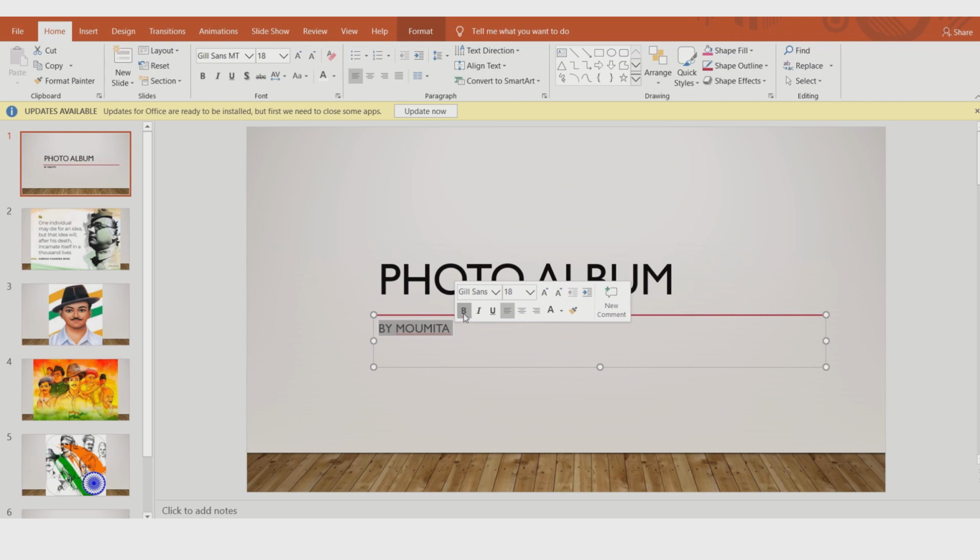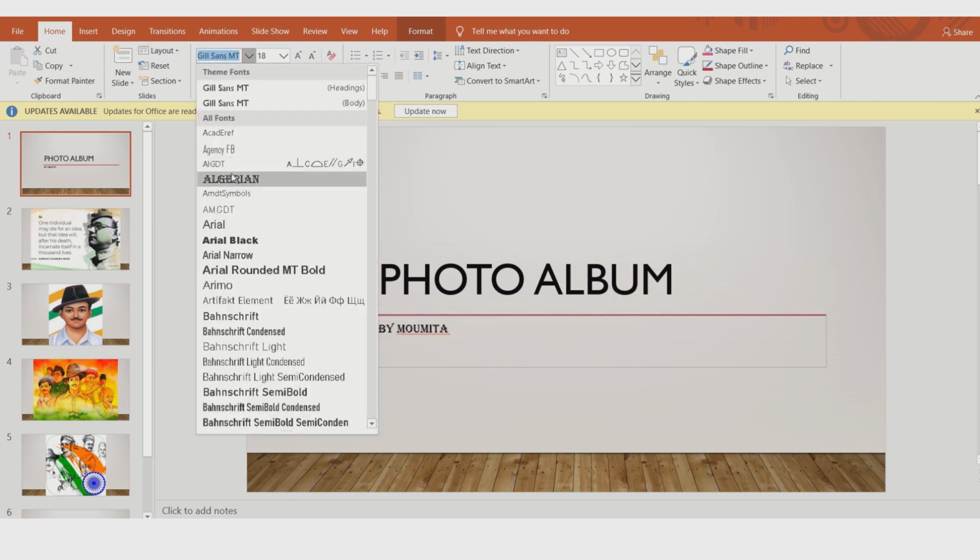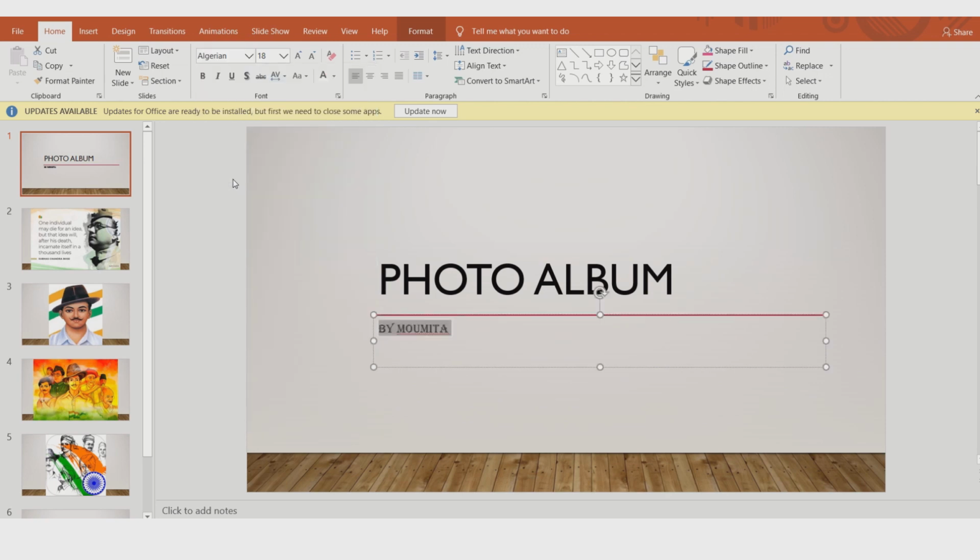And you can change the appearance also. Suppose I am choosing Algerian, and you can change the color also. Suppose I am choosing this color, you can change the size. See, and in the middle portion I am doing this.